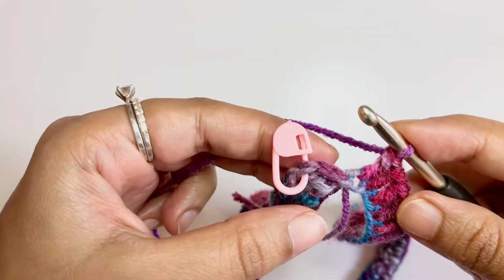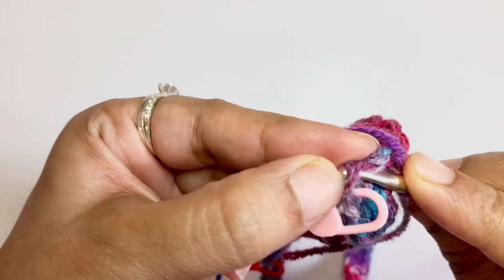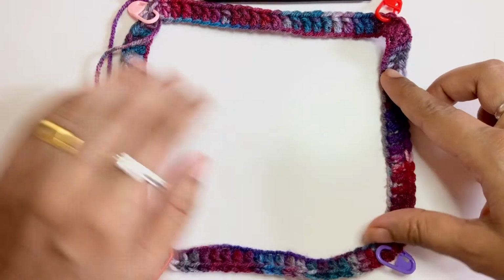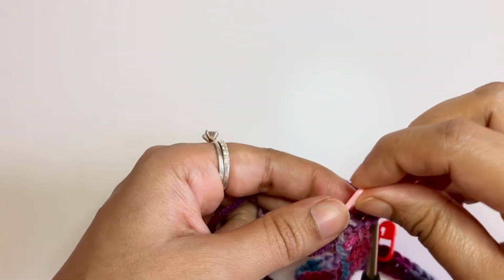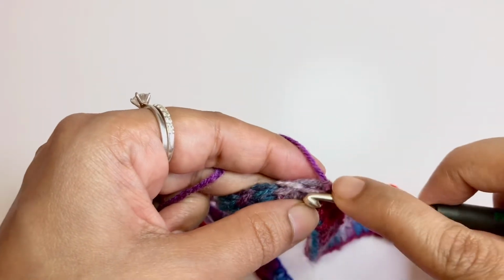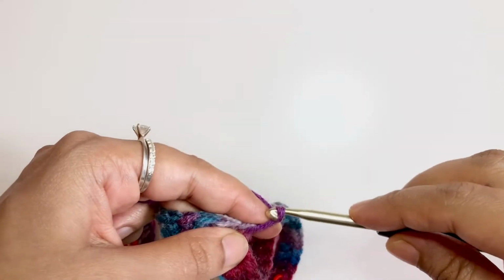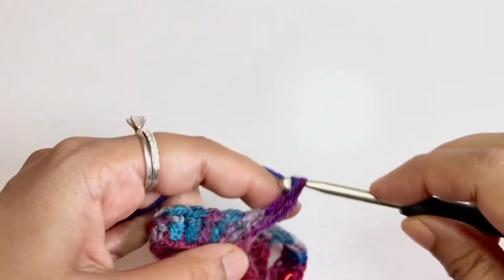Complete the first row with a slip stitch to the second chain. This is the completed first row. For the second row, remove the marker. Slip stitch to the corner chain space. Chain 3. This will act as the first double crochet, and work 2 more double crochets in the same chain